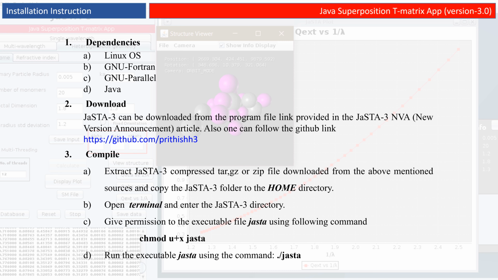Now in order to compile, just extract the Jasta 3 compressed file downloaded from the above mentioned links and copy the Jasta 3 folder to the home directory. Open terminal and enter the Jasta 3 directory. Give permission to the executable file Jasta using the following command and run the executable Jasta using the command shown here.